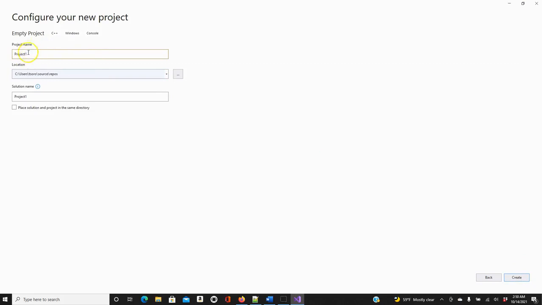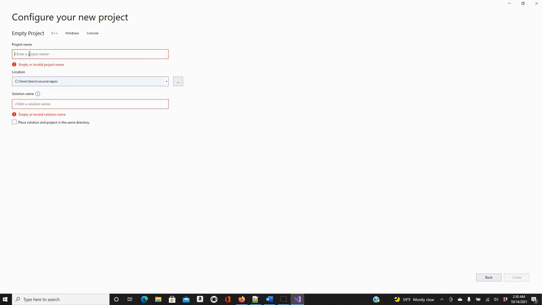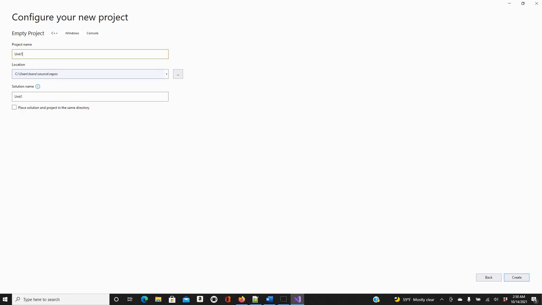Because all of your code will be in this project. Okay, so let's say I can put here, for instance, unit 1 first. Okay, and if you look here, this is the location if you're looking for the C++ source code.